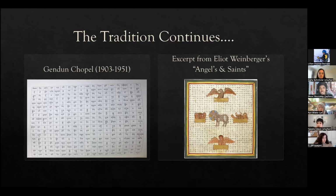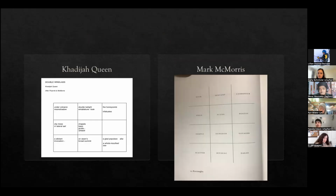I think they called it grid poems, not square poems, but basically using letters as a way of creating these words, pretty much like a word search, or actually like a word square, to be honest. That probably is its most literal definition. And it's able to function vertically and horizontally and still create its sense. But I believe it's in the Latin language, so I would not be able to translate this to you in any way. So going forward into the history of it, I was very interested when I saw Khadija Queen, an